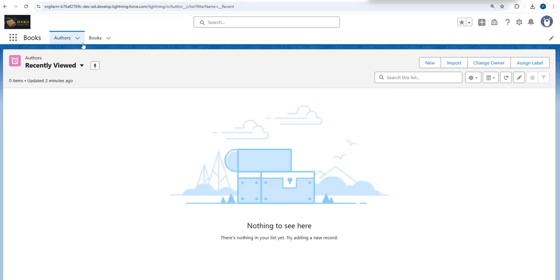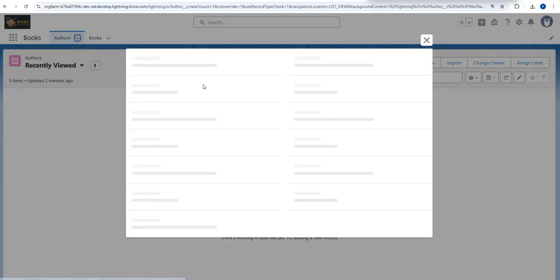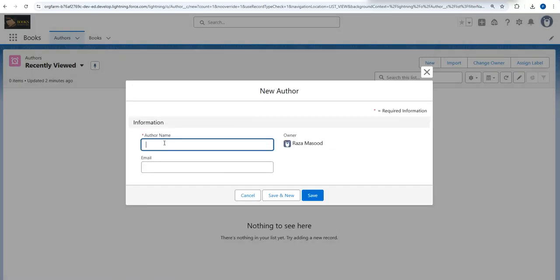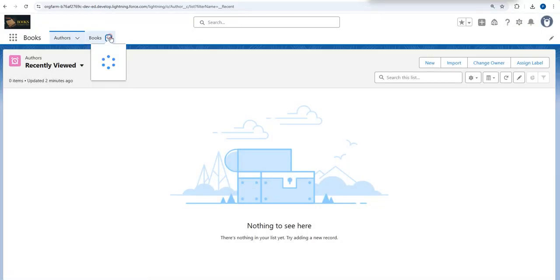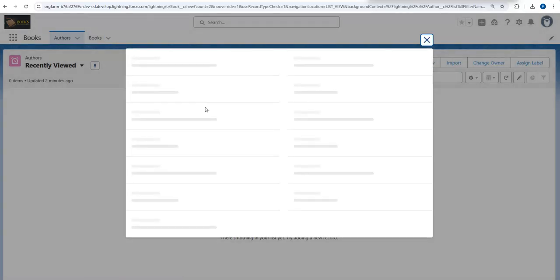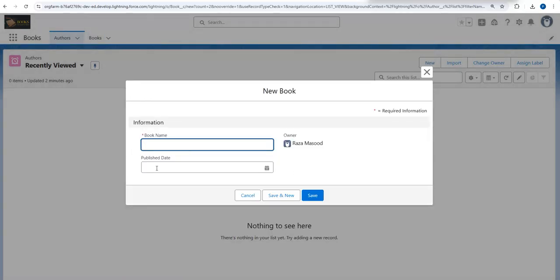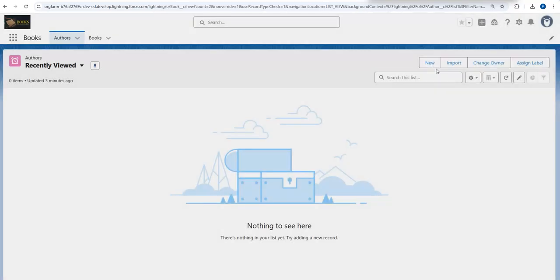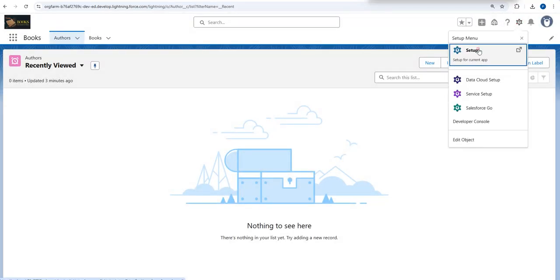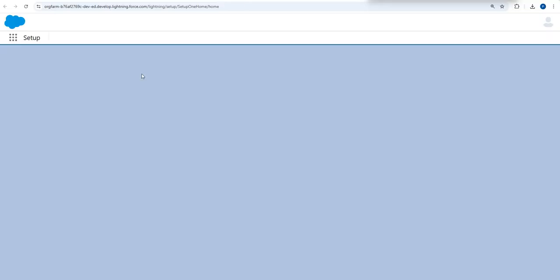Here, see, this is an object of author. If I create a new author, name and email, so there are two fields available in the author object. And in the books, we have a book name and publish date. So what we have to do now is create a lookup field here on the side of the book object. So what we will do, we will go to the setup, okay, then